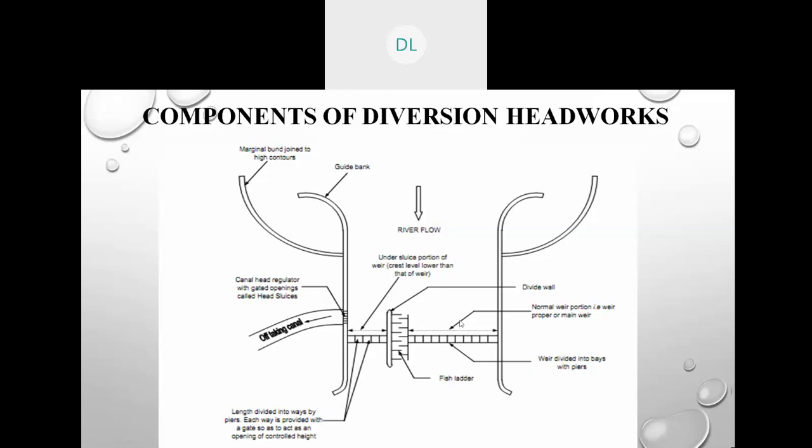So now you are comfortable. I feel if there is any question you may ask about the different structures of the headworks. So this structure needs to be understood. This structure itself and the line sketch is always asked in the GTU exam for 3 marks or 5 marks. Sometimes fish ladder is asked, sometimes guide banks are asked, marginal embankments are asked separately for 3 marks. So this sketch, only after understanding, could give you 10-12 marks in total.